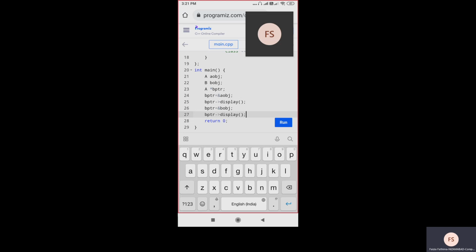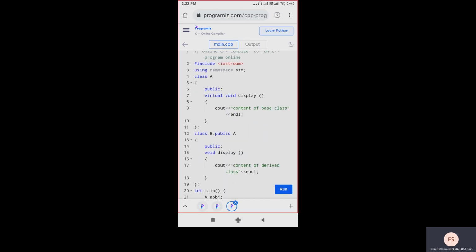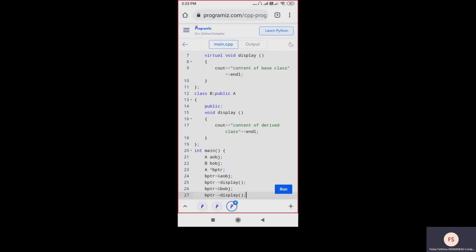Okay. Here you have some rules for virtual functions. Virtual functions must be members of a class. They cannot be static members. They are accessed by using object pointers, and virtual functions can be friends of other classes. Virtual functions in a base class must be defined even though they may not be used. We cannot have virtual constructors, but we can have virtual destructors. Okay, virtual constructors and virtual destructors we are going to discuss in the next class.